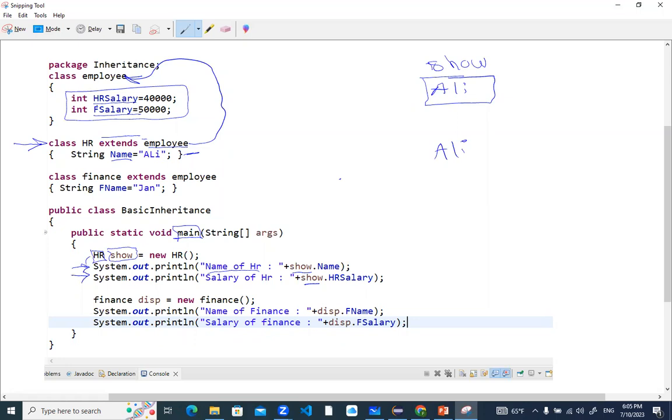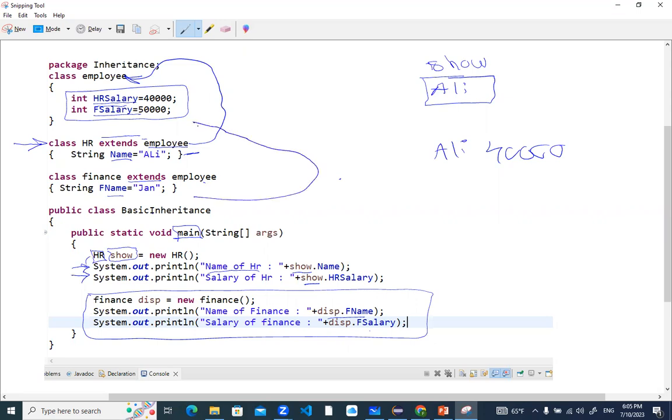They will go there, find the HR salary and display it from there. The same concept happens for finance: they will create finance data, and the compiler will store the finance inside that. If the name is inside my finance itself, but the salary is not present here, I give one hint: extend Employee. They will go and search for the F salary inside the Employee class. Once they find the F salary, they will display it with the name that we gave, like the name of the F finance is John and salary is